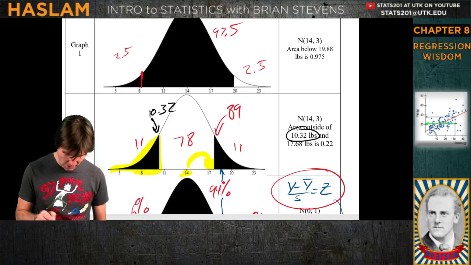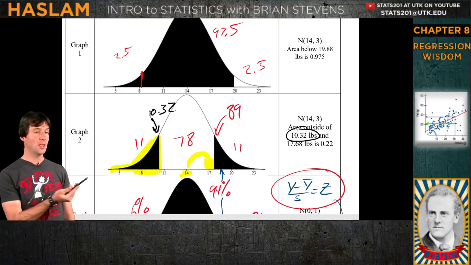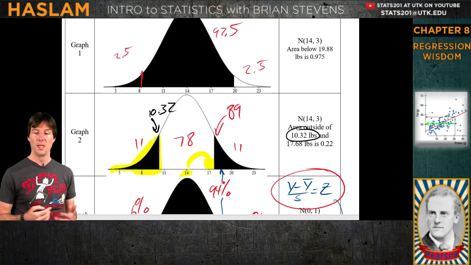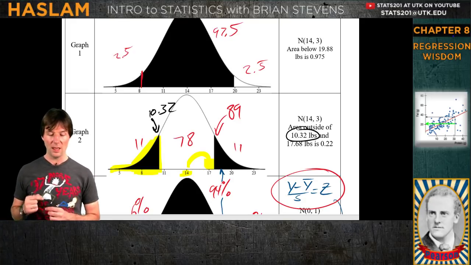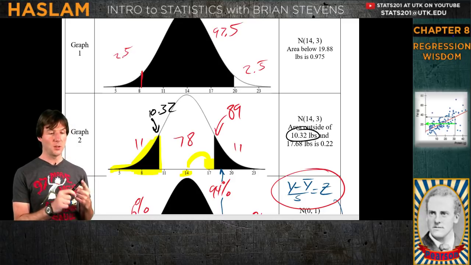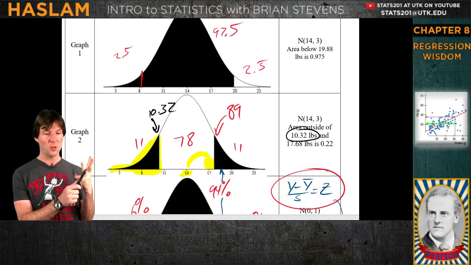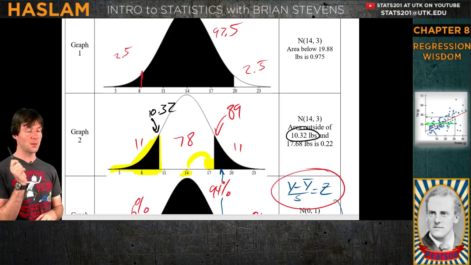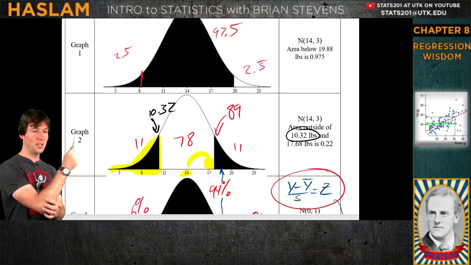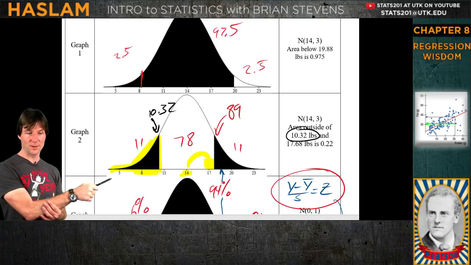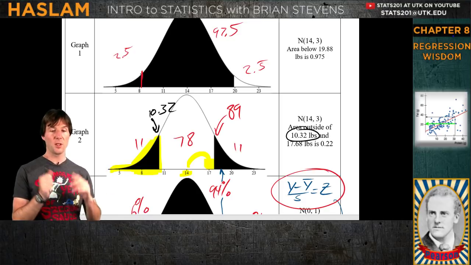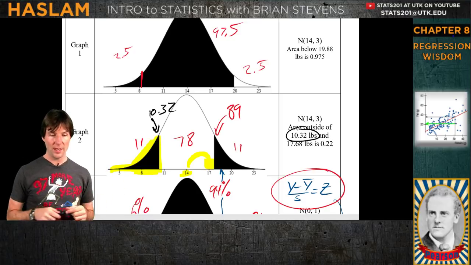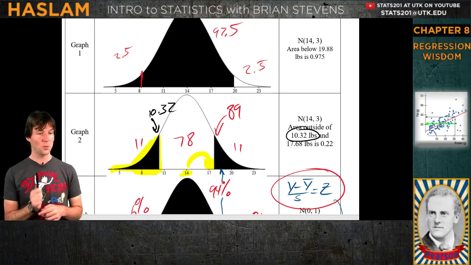A little hard to see the highlighter right there, but that was the answer to A, and we actually already figured it out by marking this curve. I've done a little bit of this, did a little practice on it to see what the questions were, but the answer is 11%. Now here's the thing, we're not using yet the 68, 95, 99.7. We are using these curves, and I want to say something very specific. If you are given these curves and you have the opportunity to use them, use these curves. So you see the answer is 11%, because we can tell the area below 10.32. That's where that spot is on the curve, and we can see it right there.